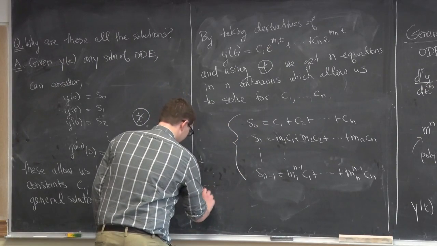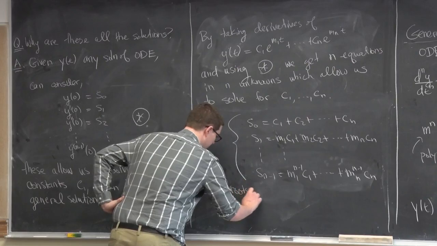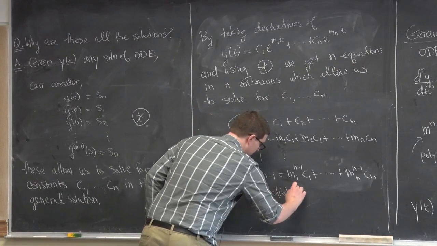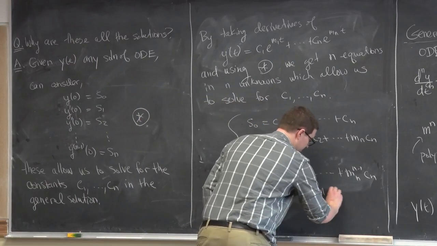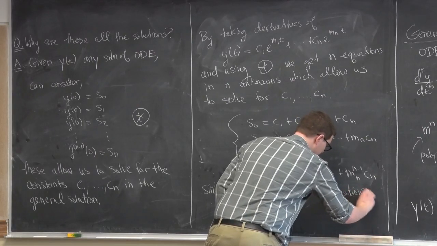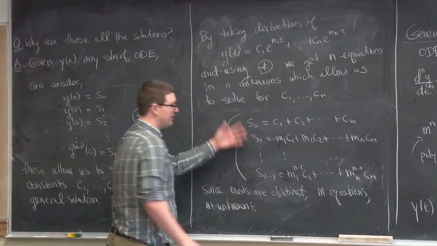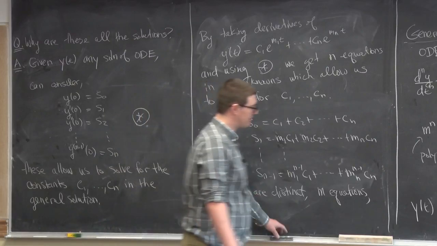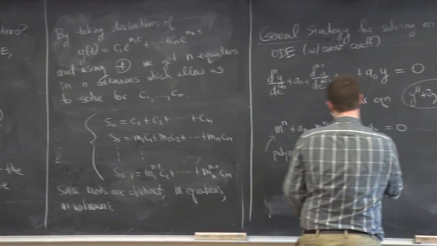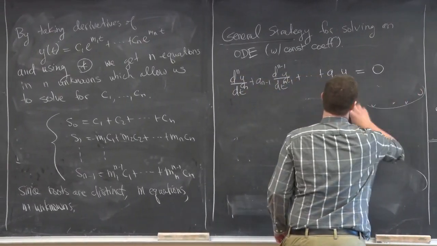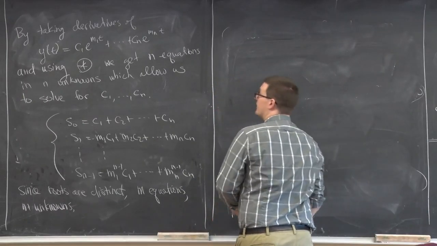So given that, since the mi's are distinct, since the roots are distinct, if they're general enough, then you get n equations and n unknowns. So really, you have to check that these are not linearly dependent, but let's just assume that. All right. So that's the idea. You could potentially have to deal with repeat roots and things like that, but let's sweep that under the rug for now. Okay? So this shows